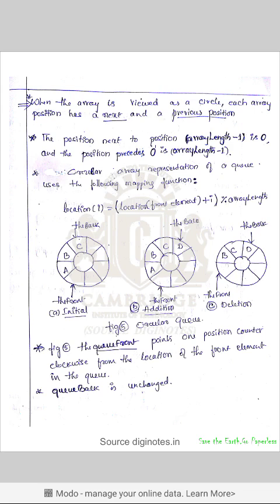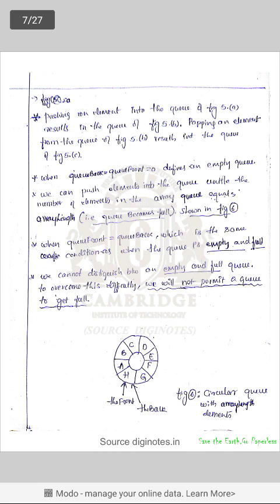So we have got three diagrams. The first one is the initial one. We have three elements A, B, C and the back end and the front end. Back end is nothing but pushing the elements, front end is nothing but deleting or popping the element. In the next diagram B, you can see that we have pushed one element, that is D, from the back side. So now we have four elements. In the next diagram we have popped, in the sense deleted, one element. Now we have three elements. In this way this circular array will work.